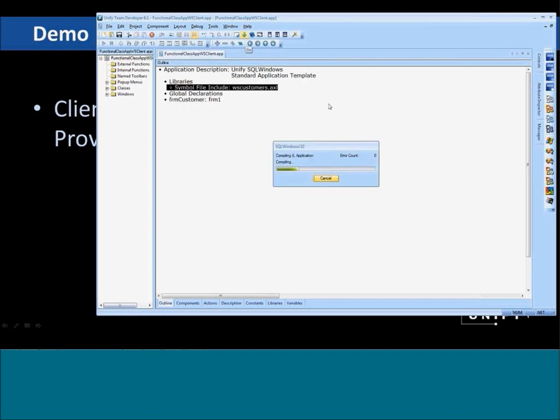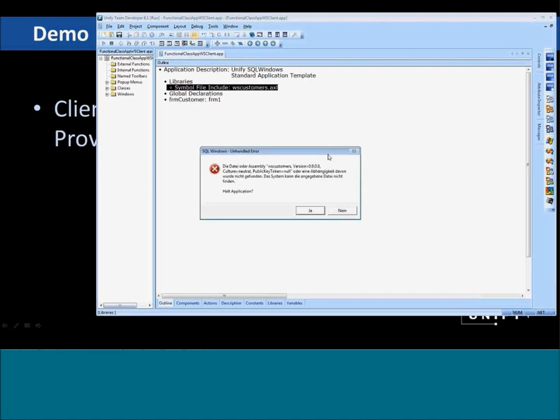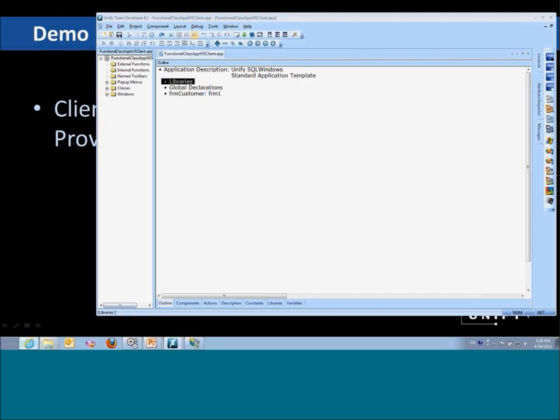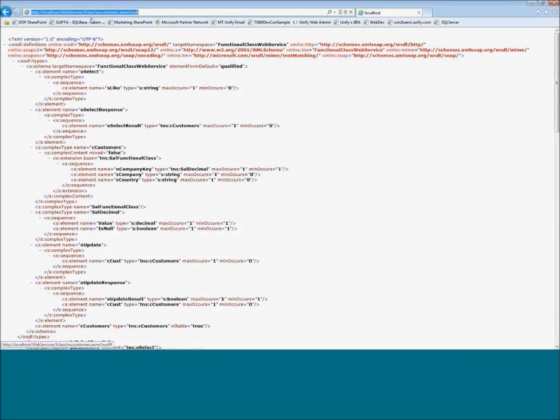And let me show you that right from the beginning. So you see that now it's a .NET application. It compiles the IL. Oh, okay, I deleted the web service Interop DLL. That's what's happening here. So let me also delete this library here. And now let's go back to the browser and grab the WSDL URL. I just copy the URL of the WSDL,